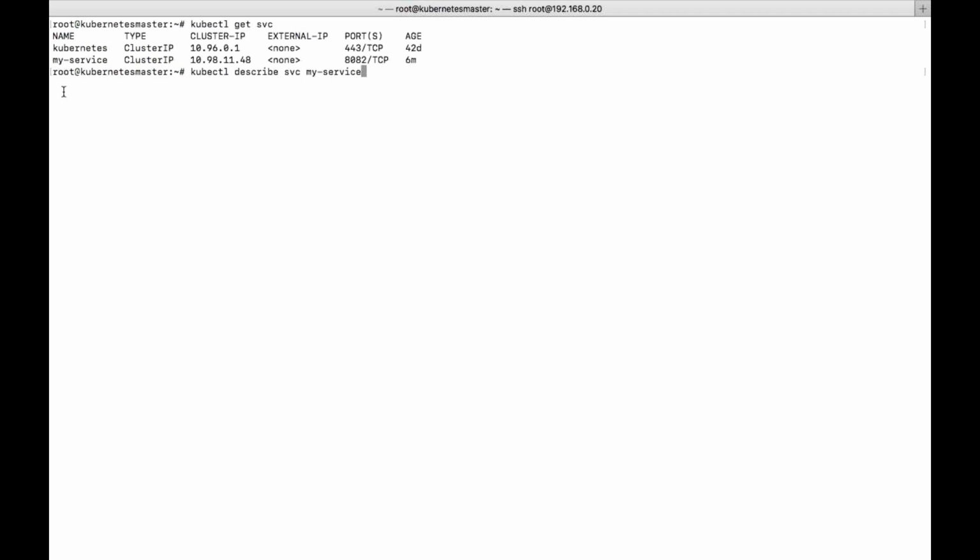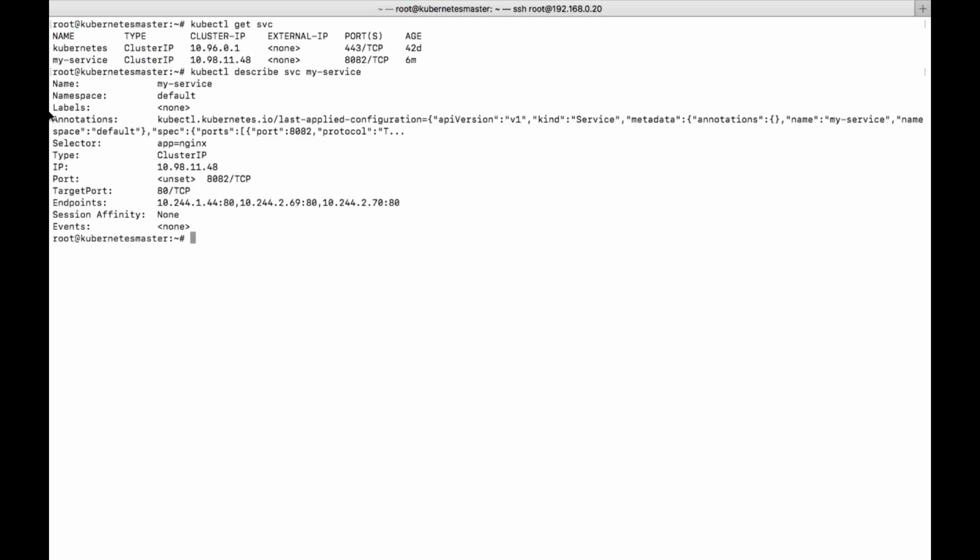So here your service has been created. This is the IP address of your service, and this is the type which you are using, ClusterIP. And this is the port which is exposed on this particular IP address. So your service is listening on this port number. When you access this IP with this port number, it will redirect to port 80 of the pod. So how will it bind it?